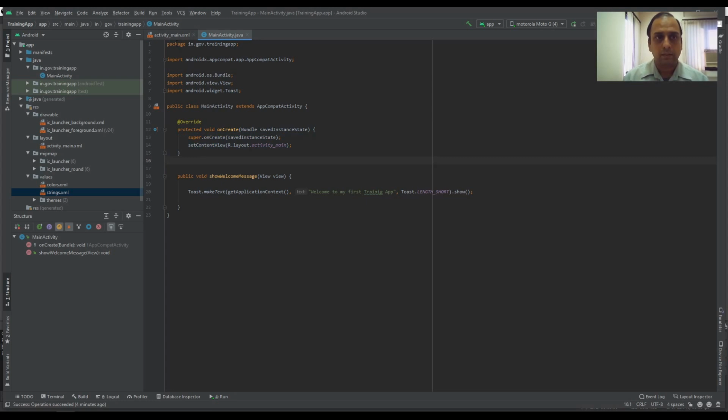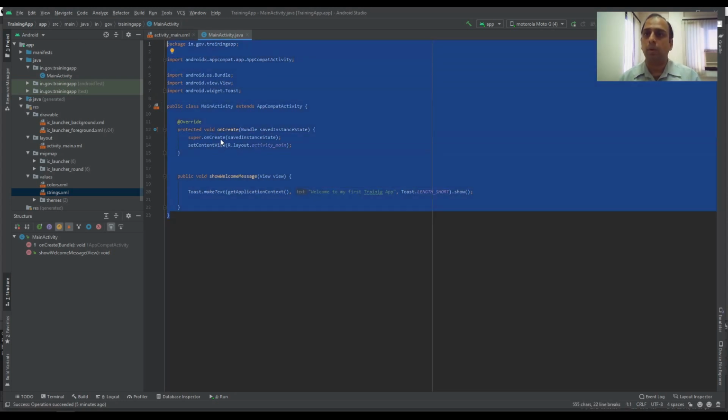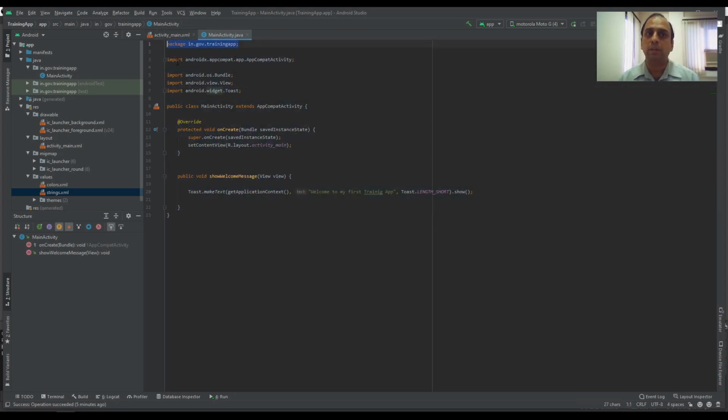Now here we have the package, this is the name of the package. If you have multiple activities in a single package, the package name has to be the same, and you have to be careful when you are copying and pasting the content from one app to another. You should be changing the package name, otherwise the app is not going to work. So this package name is unique and it has to be consistent throughout the entire app, as many activities as you take.